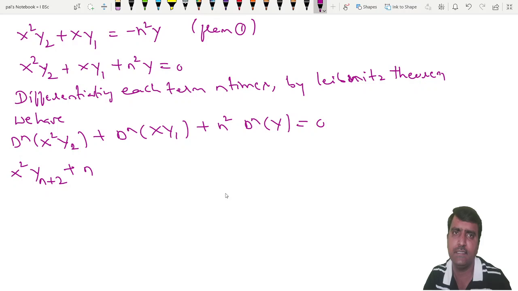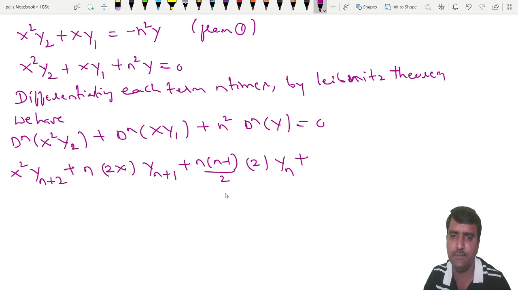you take n because it is nc1, that is n, differentiate x square, it is 2x, reduce a number from yn plus 1 to, that is yn plus 1, plus in next step it is nc2, that is n into n minus 1 by 2, differentiation of this 2x is 2, reduce a number from yn plus 1, it is yn, plus similarly here you take x, add n to y1, that is yn plus 1, the next